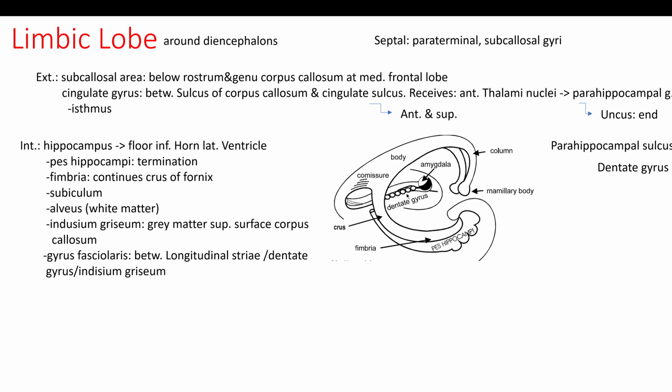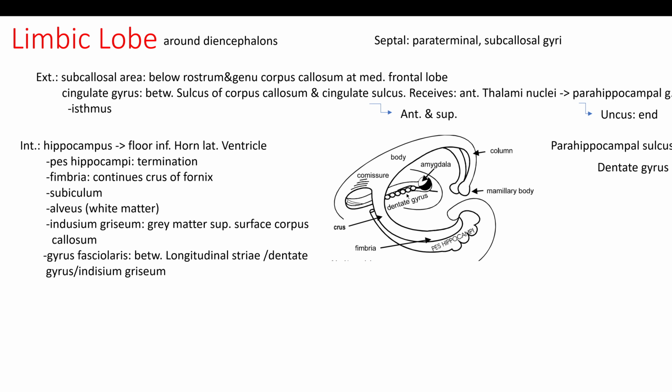The internal portion has a hippocampus, due to its shape named Neptune's seahorse, at least in the Middle Ages, and it is gray matter of the latter part of the hippocampal gyrus, with the fornix forming a curved elevation extending through the floor of the inferior horn of the ventricle, containing the pes of hippocampus. Its termination, fimbria, is a continuation of the fornix, subiculum,